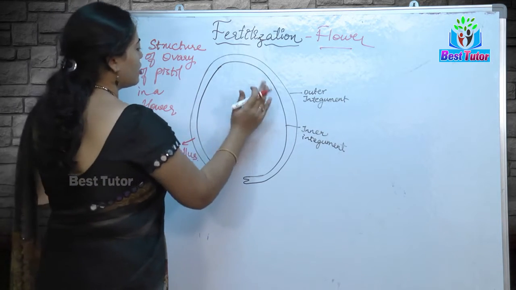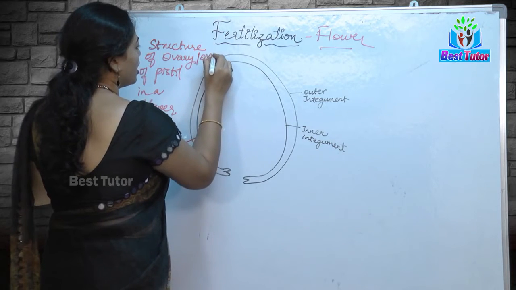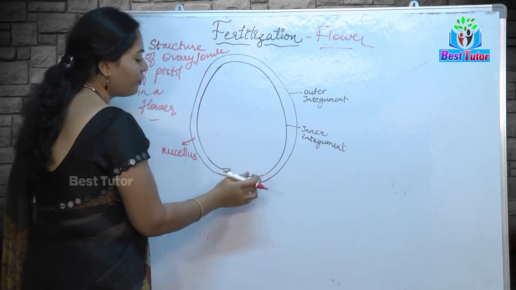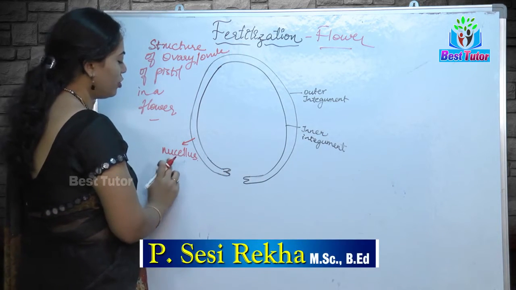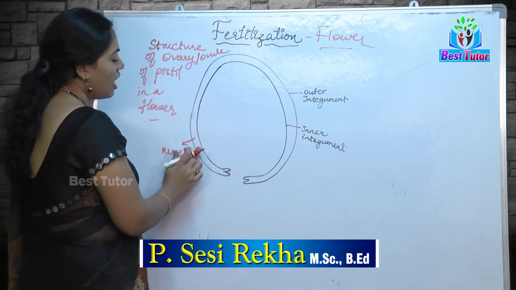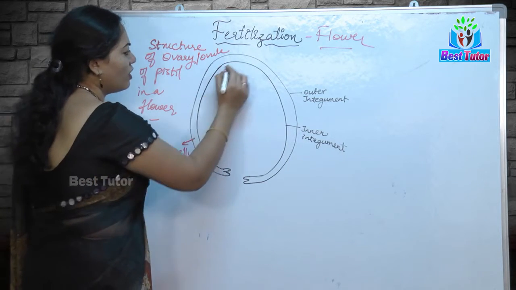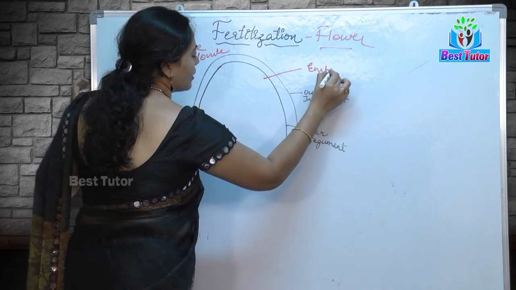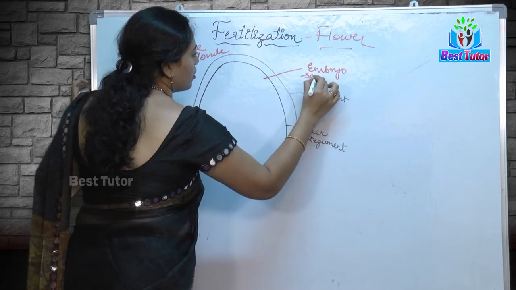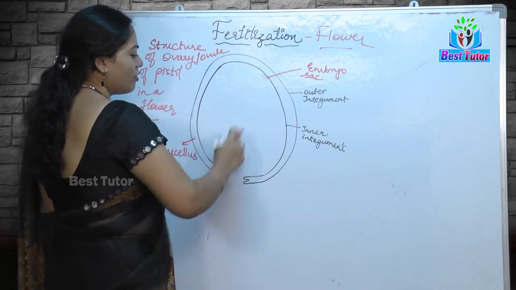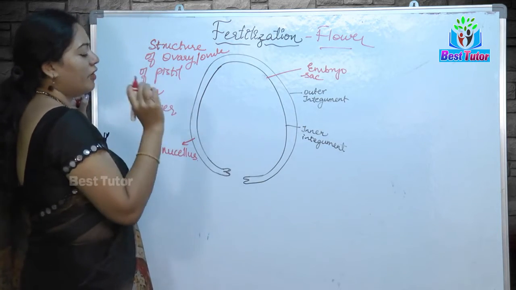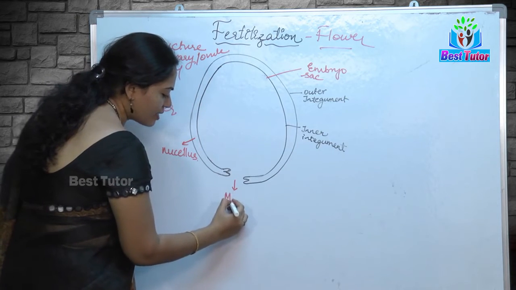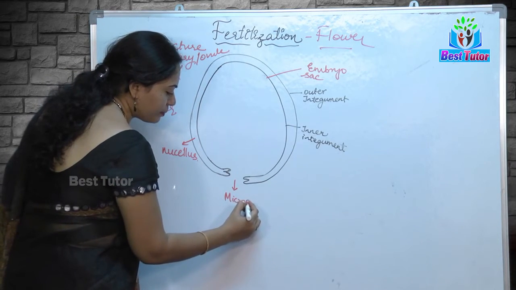So this is the structure of the ovule, children. The ovule has outer integument and inner integument, and these two integuments are filled with a nutritive substance known as nucellus. Below this nucellus, we have the actual part, this entire thing we call the embryo sac. This embryo sac is the one which is going to contain the female gametes. Now this opening which you have is known as micropyle.